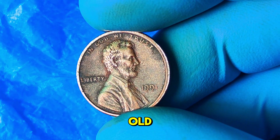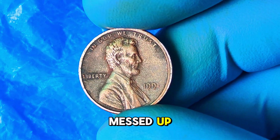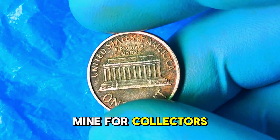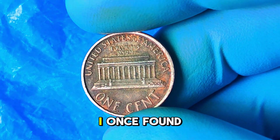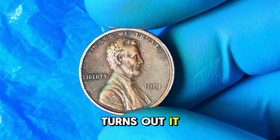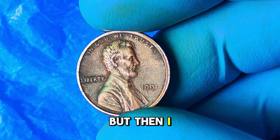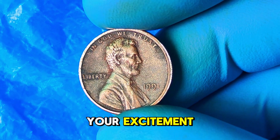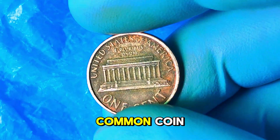Think of it like finding an old, vintage toy that was supposed to be released with a certain color, but the factory messed up and sent out a different version. Suddenly, that oops becomes a goldmine for collectors. And trust me, I know all about treasure hunts gone awry. I once found a rare comic book in my attic that I thought was worth a fortune. Turns out, it was just a reprint from 1998. I almost threw a party, but then I realized I was the only one who showed up. So, I feel your excitement. But back to the 1991 penny,